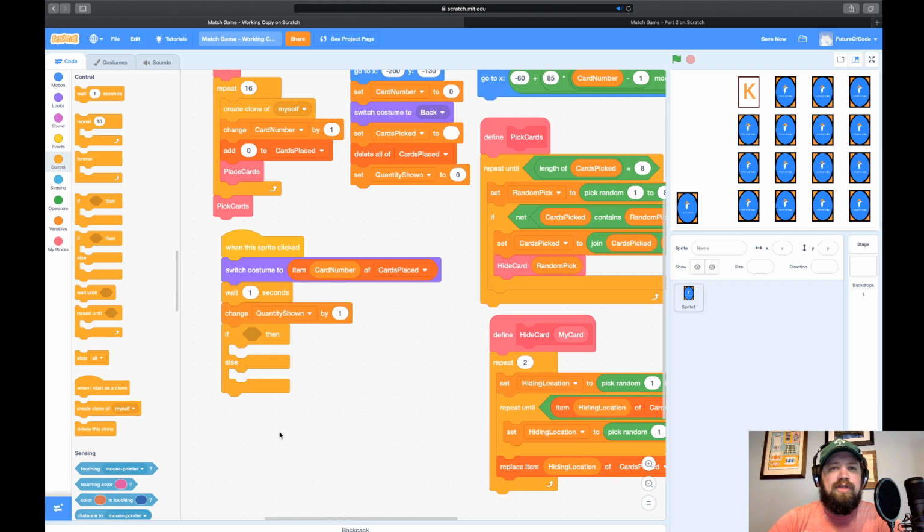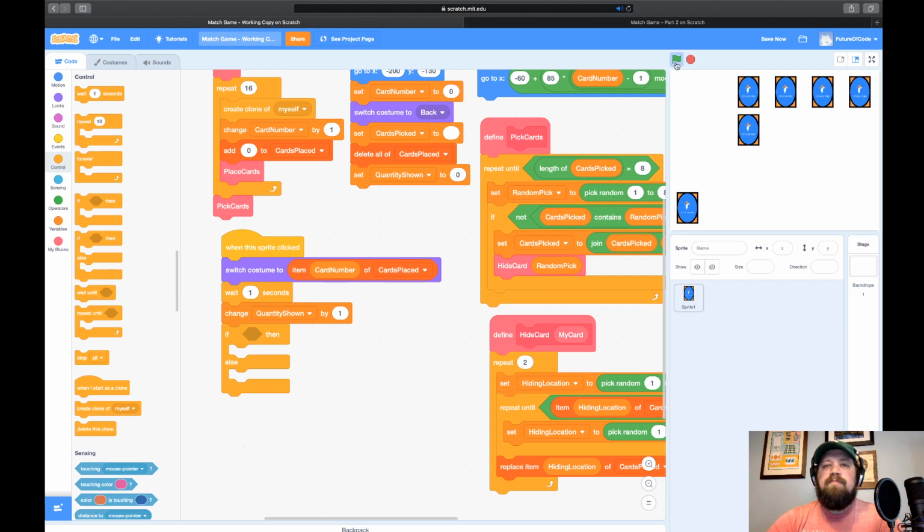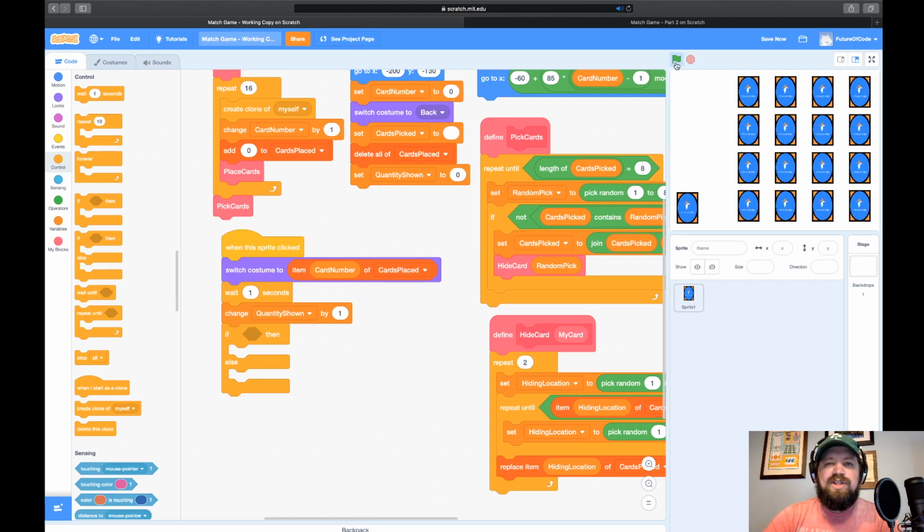You could say we have a third with 0, but we're never checking it because we only check this after a sprite is clicked. So therefore we dismiss 0. 1 or 2 are the only options we have at this time. I know you say, well, look at this, we can flip over way more than 2. Yes, but we're going to make it to where once we hit 2, we reset the number back to 0 every time. Again, therefore, we still have a binary. Only 2 choices.